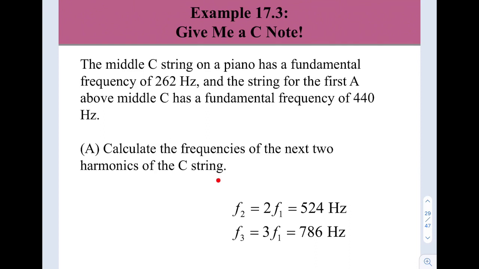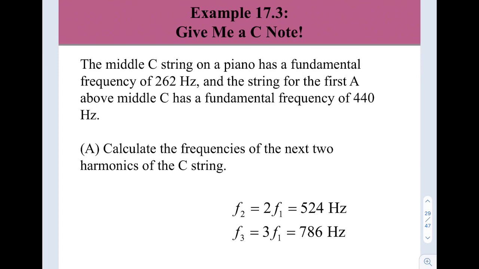So you are given 440, and 262 is the fundamental frequency of the middle C on a piano. So the frequencies of the next two harmonics of the C string